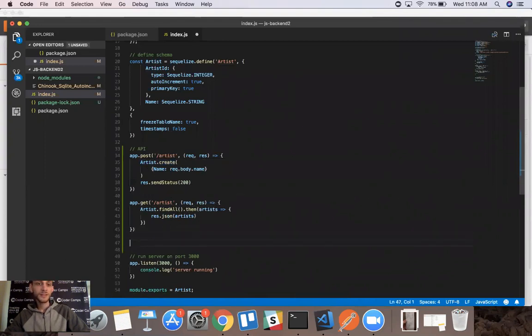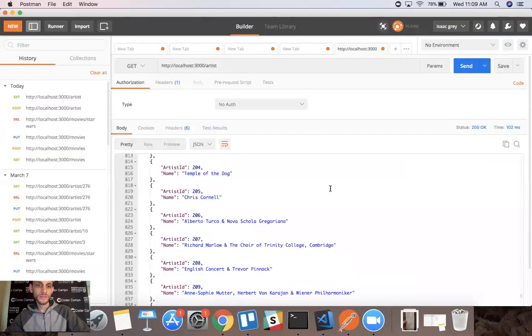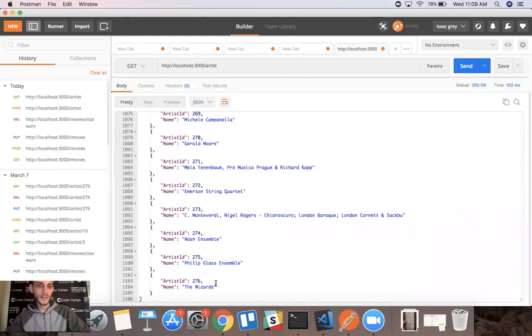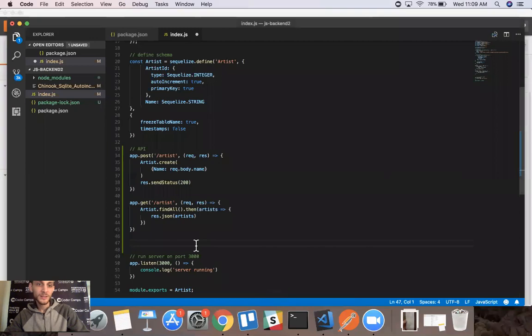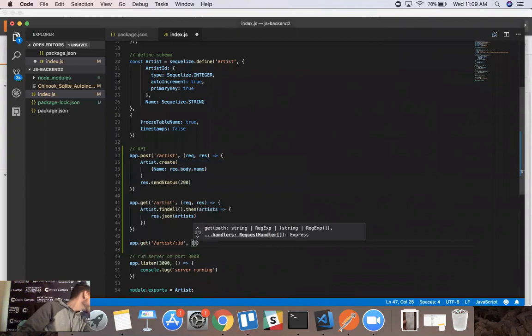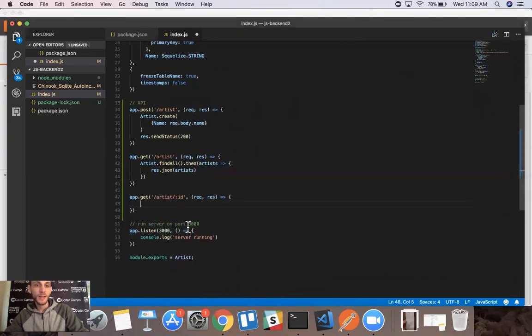Now let's set up an endpoint where we can query one specific artist. If we go to Postman and scroll to the very bottom, you can see that it added our artist, the Wizards, right? And sometimes we're going to want to query a single artist by itself. So to do that, we need to set up another endpoint for GET, except this time it'll say artist, and we'll have a request parameter for the artist ID. Let's say req, send a request, and the response will send back